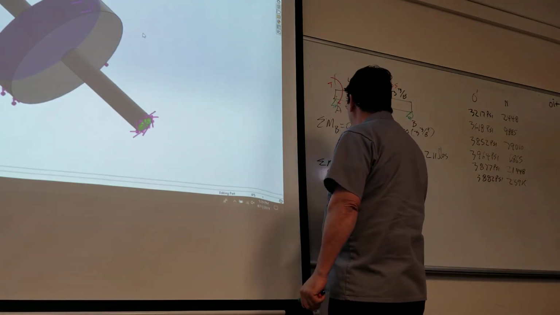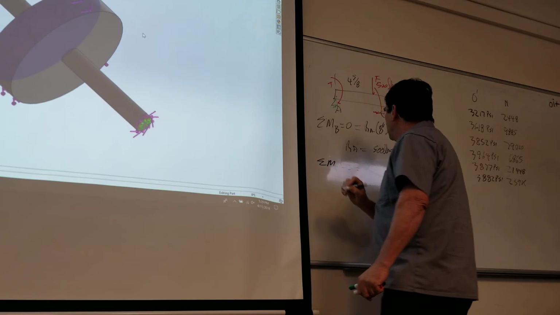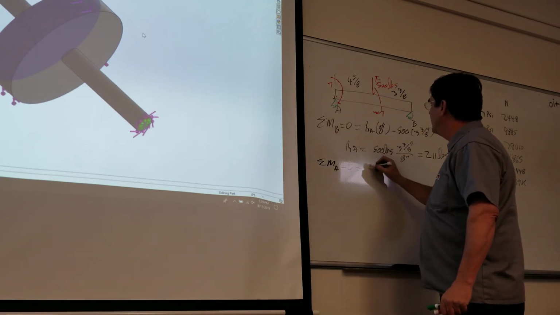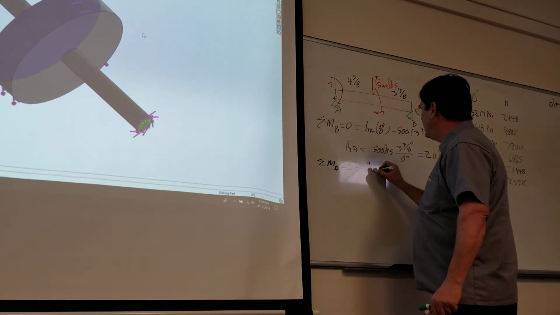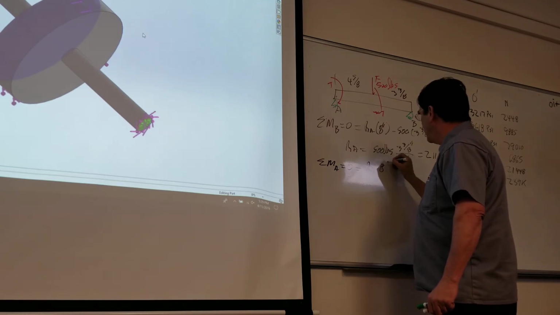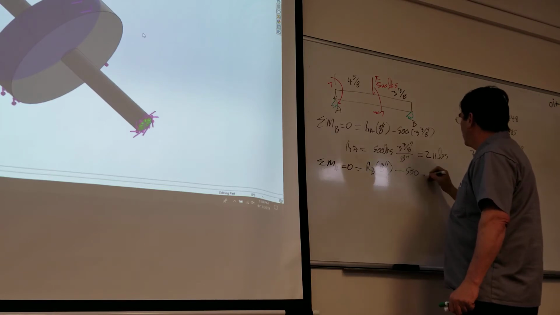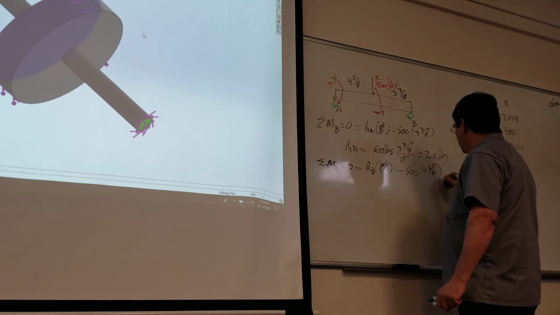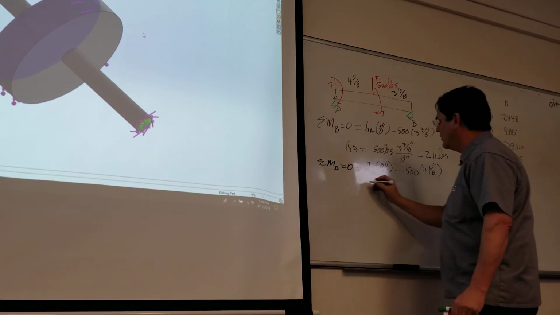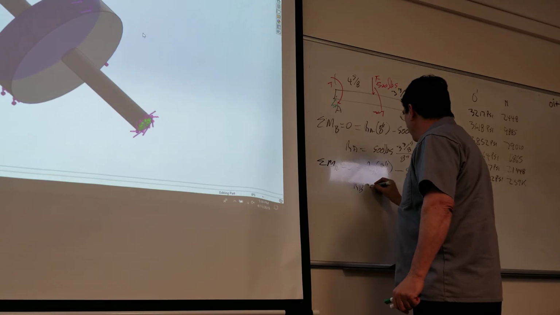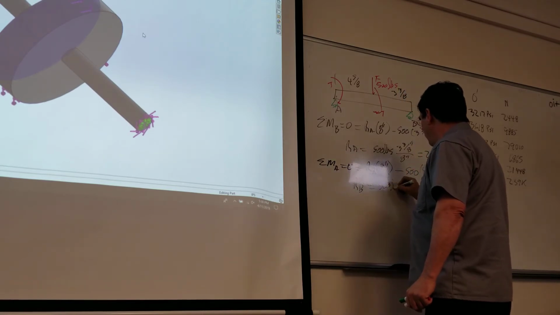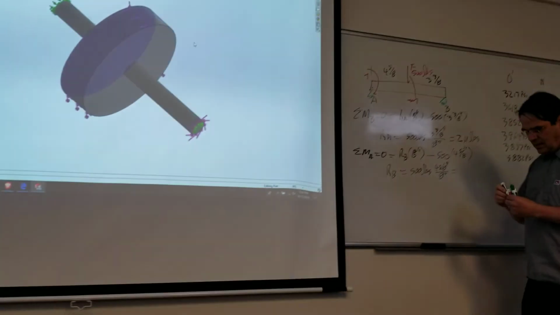Sum of moments about A is equal to 0. That's going to be equal to RB times 8 inches minus 500 times 4 5/8 inches. And then we're going to get an RB. It's going to be equal to 500 pounds times 4 5/8 inches over 8 inches. And that's going to be